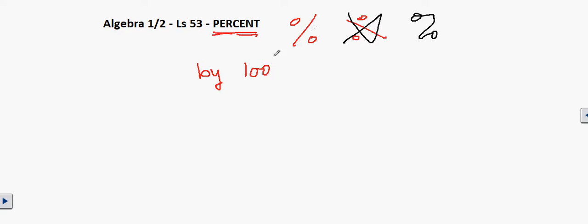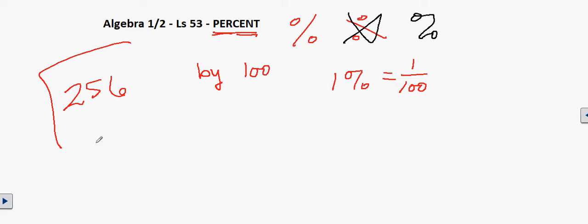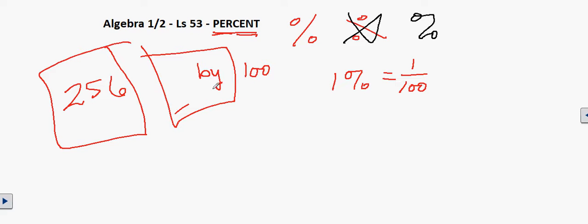1% of a number is 1/100th of a number. To demonstrate, you can see this really cool illustration on page 171. Where they have the number 256 and a big box to illustrate what that is. And then they get another box that's the exact same size, and they split it up into 100 boxes. And in every little box, it's worth 2.56. And if you added up the sum of all the boxes, it would come out to a full 256,